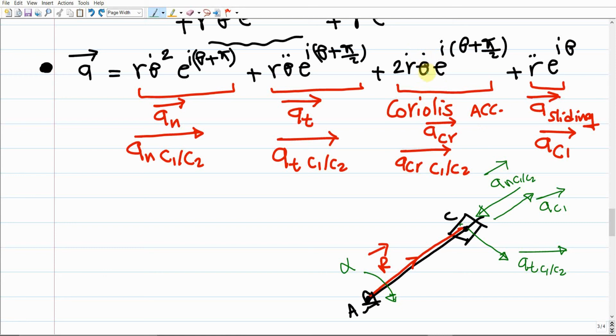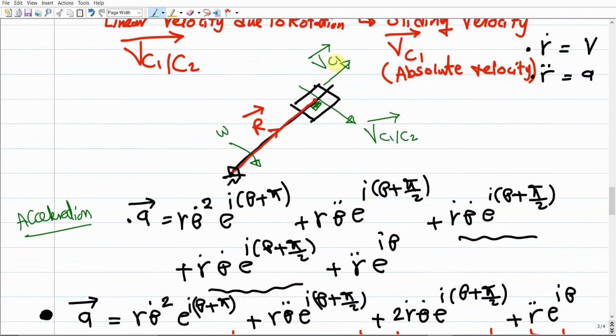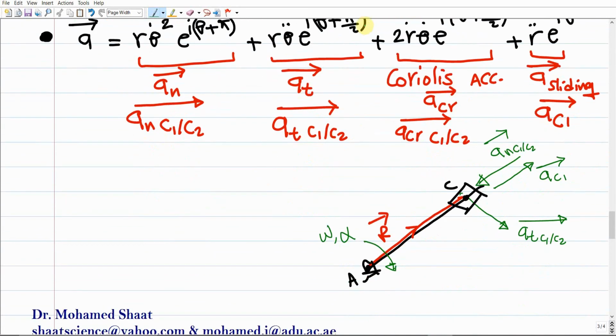Depending on theta dot, which is the omega, the angular velocity of this link. So if this is the omega, the angular velocity of this link, and from the beginning we specified that VC1 is going up in the same direction here, parallel to the position vector. So what does it mean? It means that if this is VC, let us assume that we already have VC in this direction,